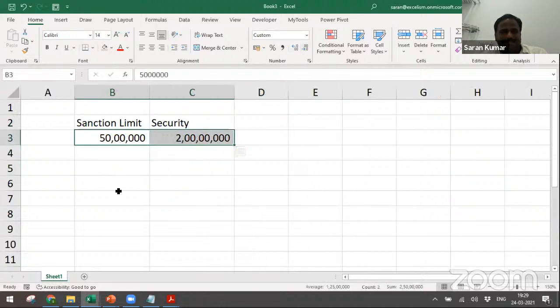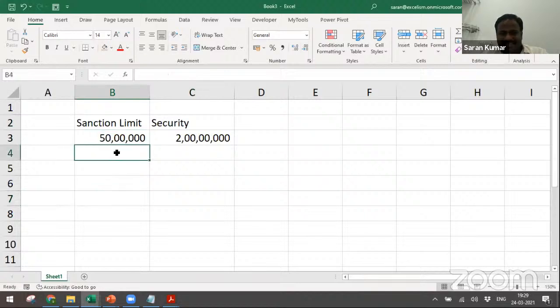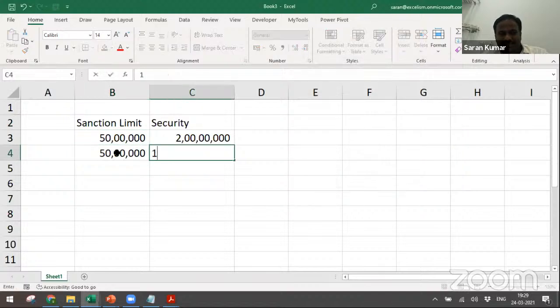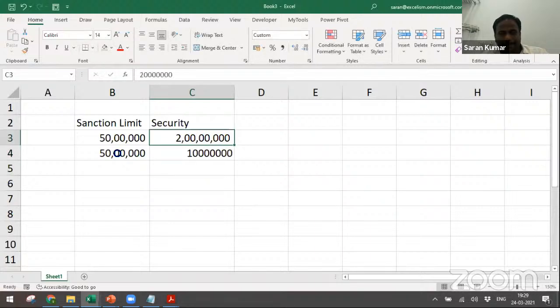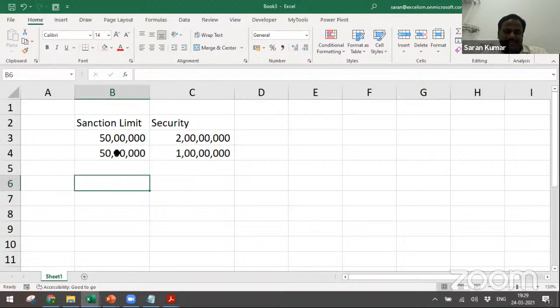Now, concentrate. The sanction limit is still the same. But as per the recent valuation report, this value became 1 crore. Now my question is, is this NPA or not?